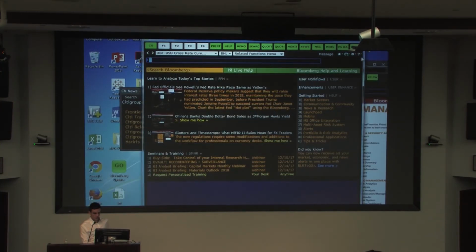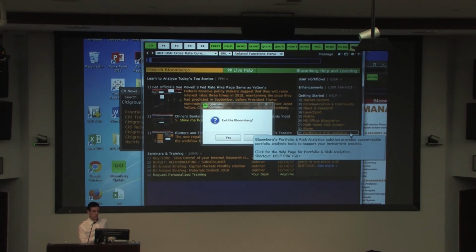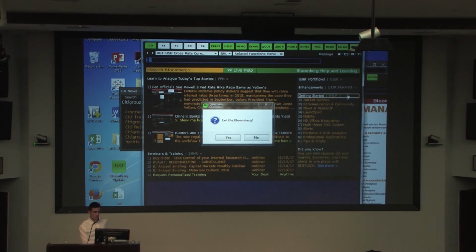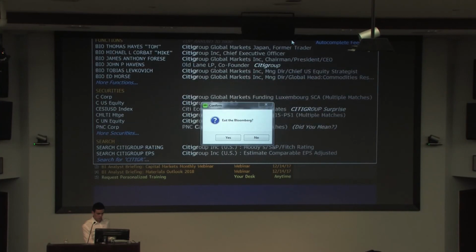Now let me log out first. I can't log out. It'd be much easier if I had the keyboard because there's a logout key. But basically, you create an account using that feature on the front page, and then from there, you can log in, and then you'll come to this home page here. From there, you enter in any of the functions I talked about, or you can even search for any terms, any companies. So you can write like Citigroup financials, and then